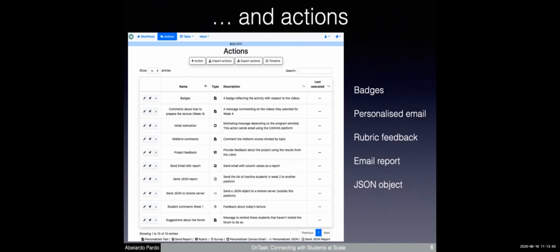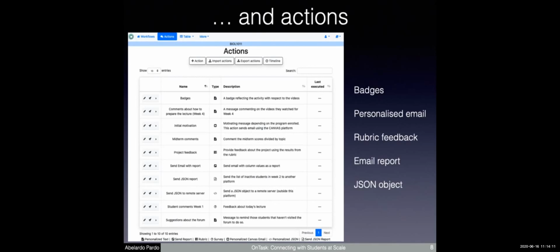It could be personalized feedback based on a rubric. If an instructor creates a rubric that typically has different aspects that are evaluated and different levels of attainment, the instructors can then create feedback for each level of attainment and each aspect observing the assignment. And that personalized feedback can be then automatically put together and sent to hundreds of students. But the platform also adds some additional